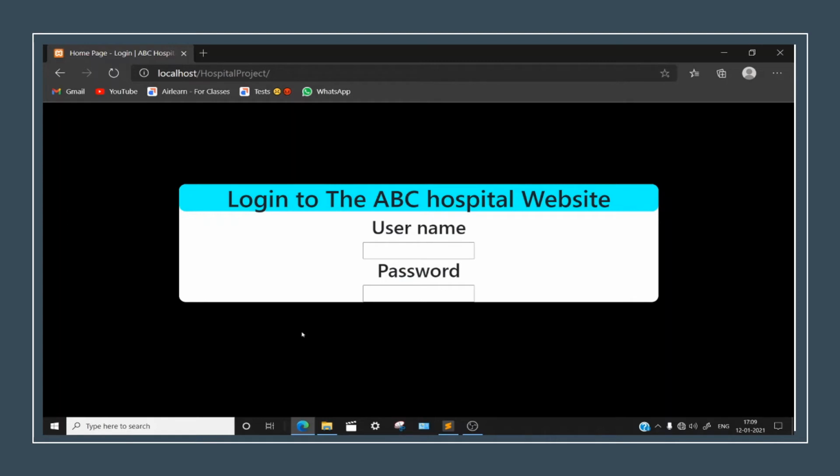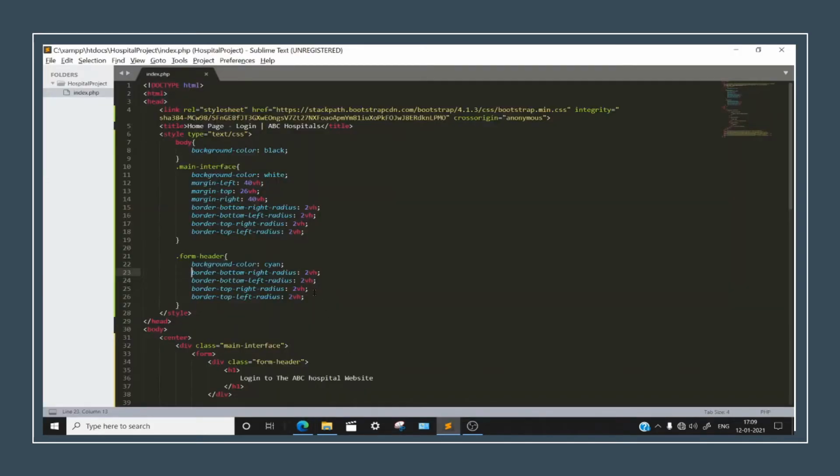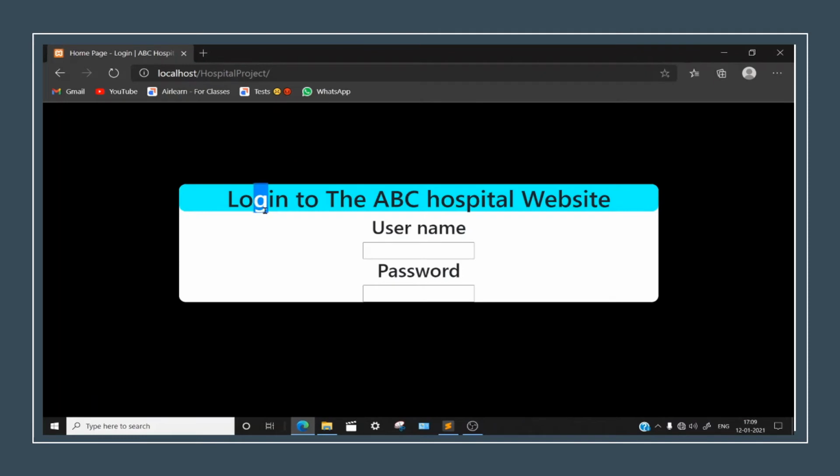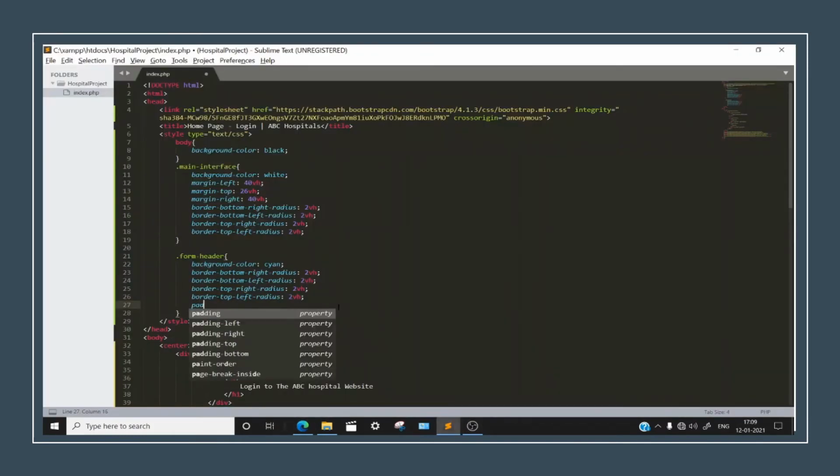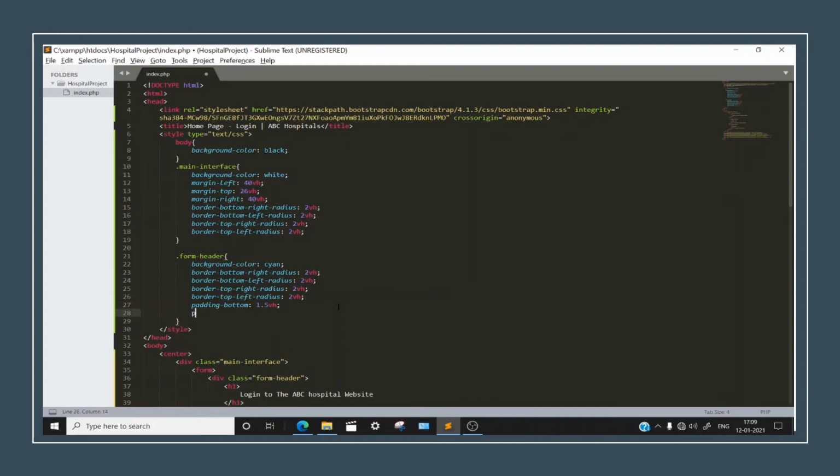Looks fine. Okay, fine. Now what I want to do is give it a little bit of padding. You can see this G is touching both the lines and is extending from both sides. So I want padding at the bottom to be kept at 1.5 VH, and padding at the top to be kept at 1.5 VH.